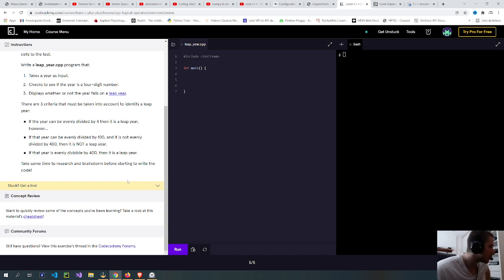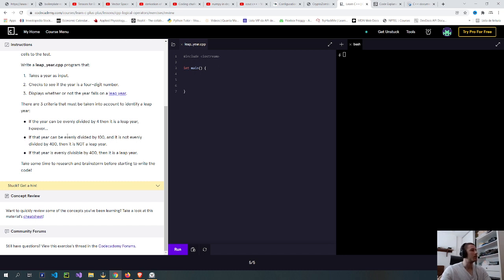However, if the year can be evenly divided by 100 and is not evenly divided by 400, then it is not a leap year. If the year is evenly divisible by 400, then it is a leap year. Take some time to research and brainstorm before starting to write the code.